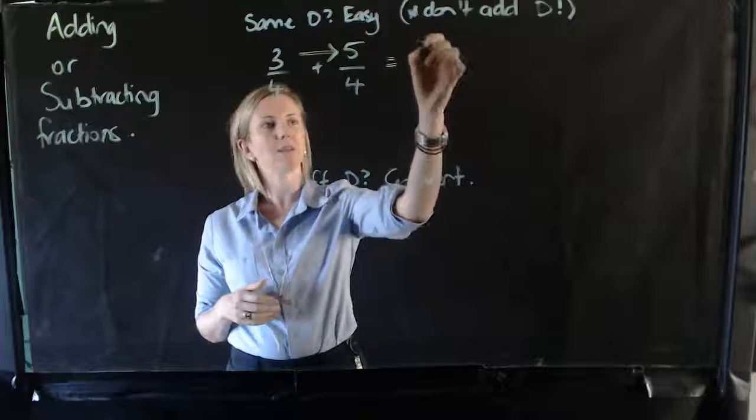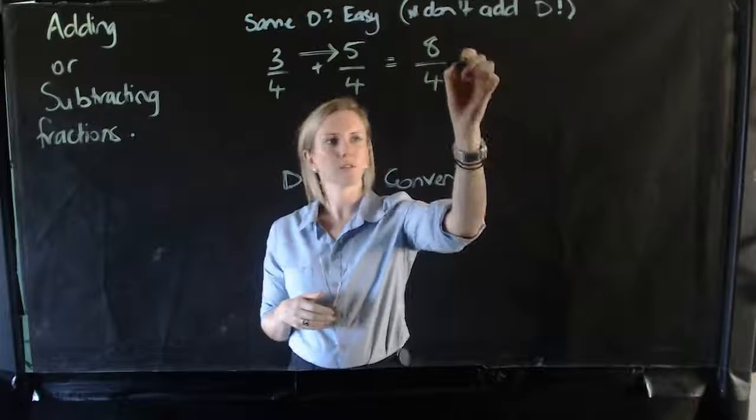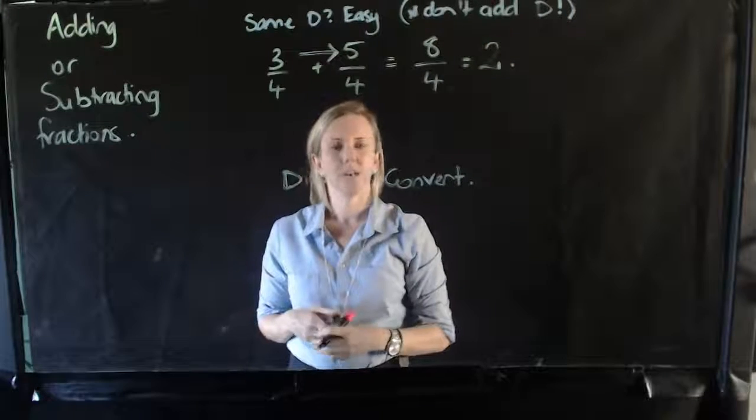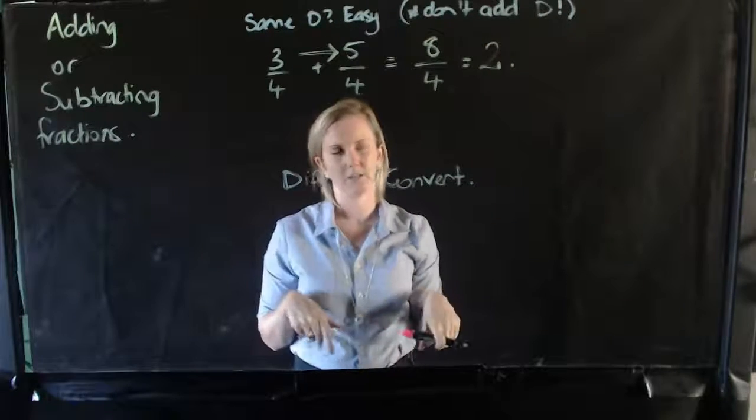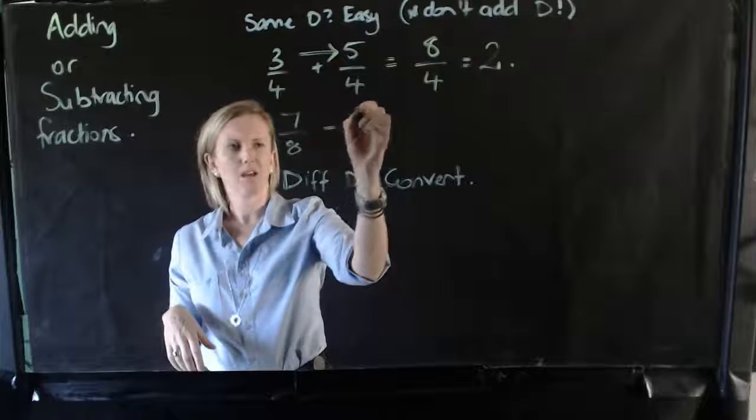3 plus 5 is 8. Okay, 8 over 4. And that actually equals, in this case, if I'm breaking down to its simplest form, 2. Alright, as I said, I won't explain that now. I'll go to that at a different stage. Okay, so same as an example there, if I had